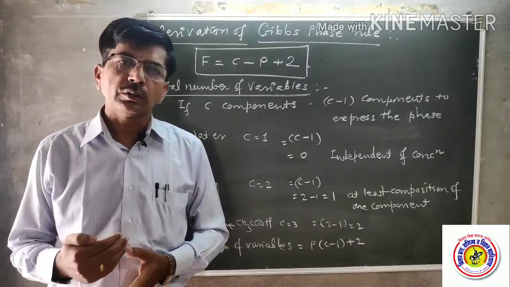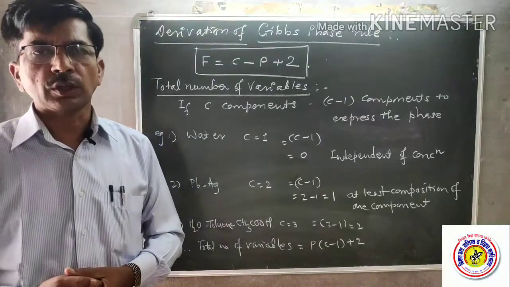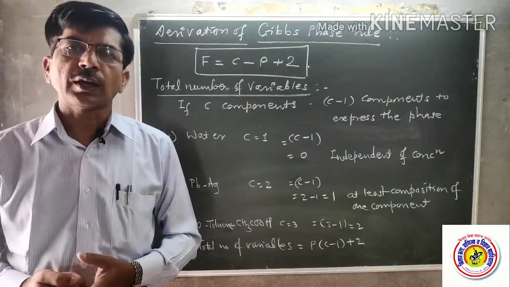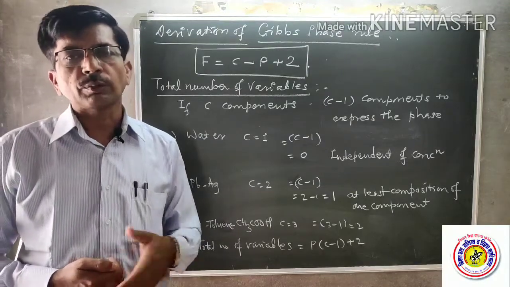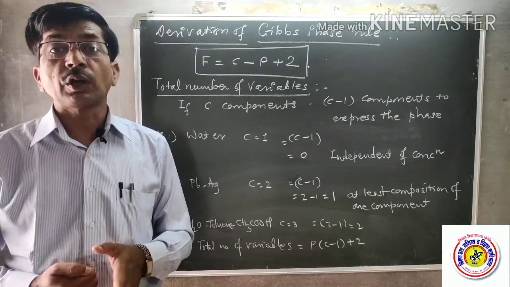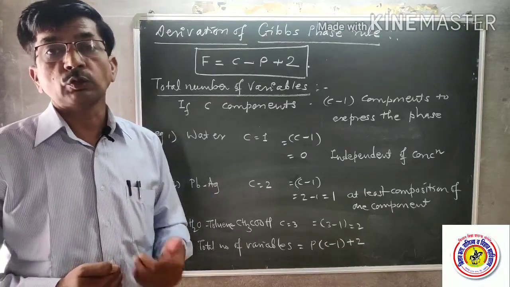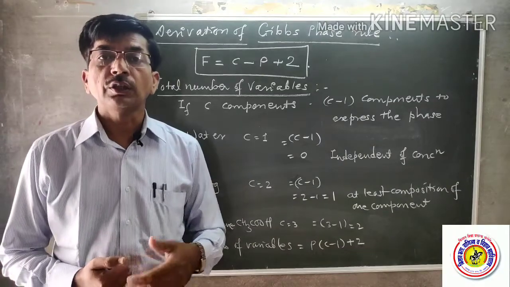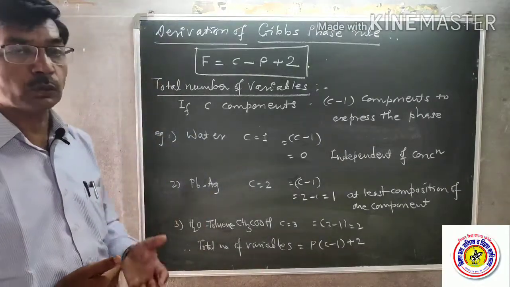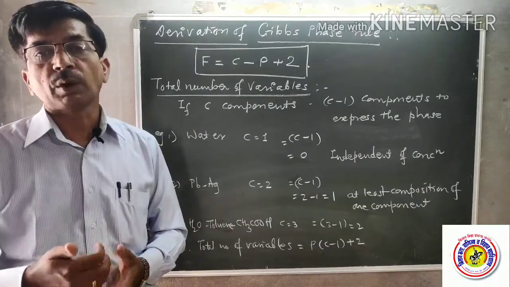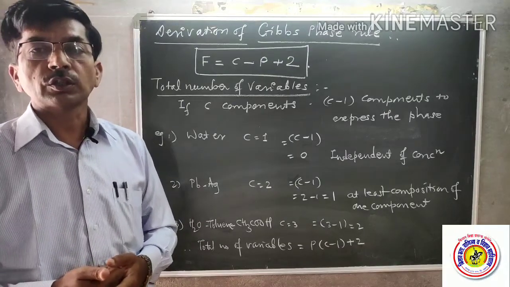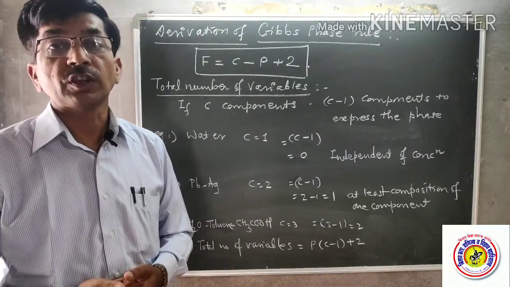In case of any equilibrium system, there are three important parameters: temperature, pressure, and concentration. The state of the system always depends upon temperature and pressure, while concentration depends upon the number of phases. So we will try to find out the concentration in those particular phases, and that is with the help of the number of variables. Suppose our system has C number of components, then we must know the concentration of C minus 1 components in the phases.